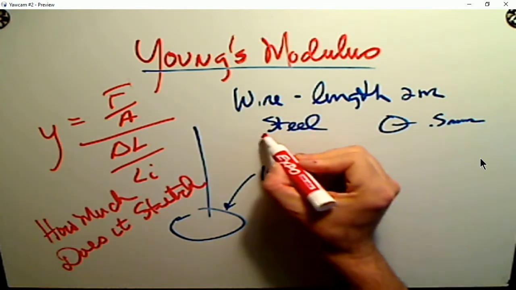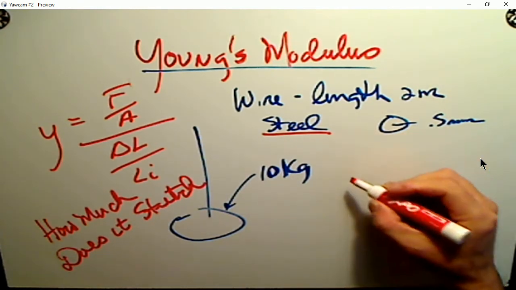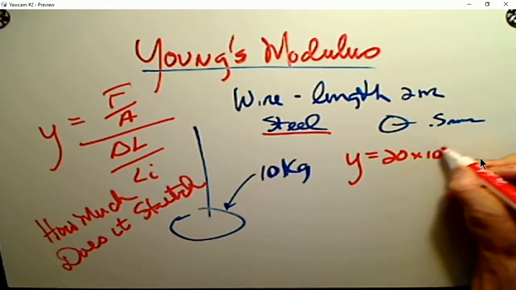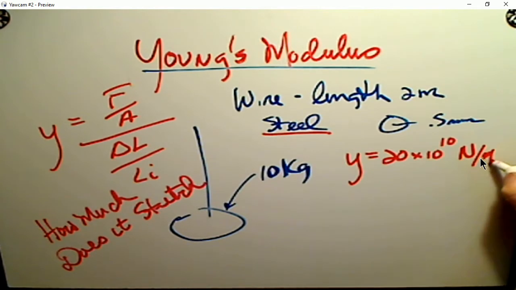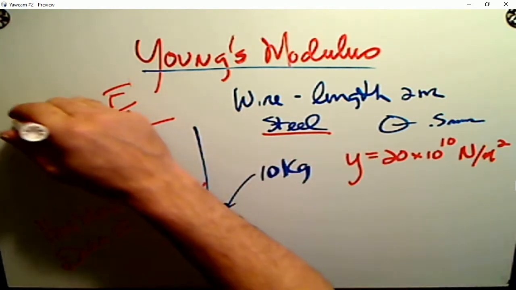We know the Young's modulus of steel based on that table, 20 times 10 to the 10 newtons per meter squared is the Young's modulus. So given all this and given this equation here,